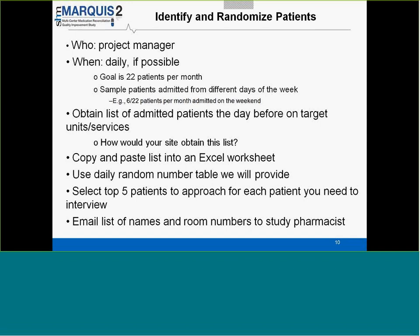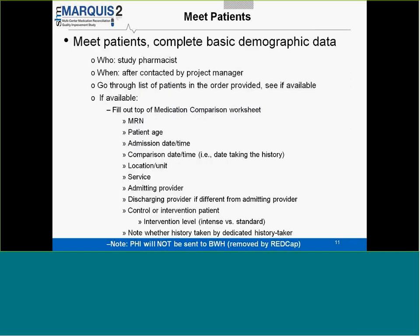Other questions about this process? Okay. If any questions come up, that's a good time to email us. I will also be on the call for about 10 minutes of every mentor-mentee call. So if you're on that call as well, I'll be making sure that there are no questions about data collection, and I can help troubleshoot issues. All right, so I'm going over to Stephanie, who's going to talk about how we actually